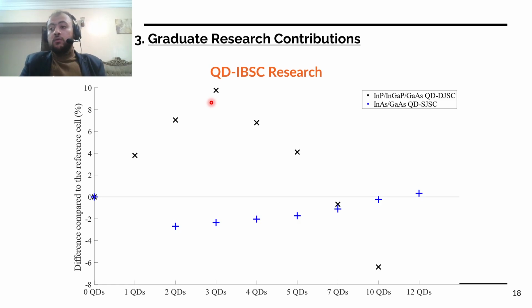However, we believe that if such attention was paid to the gallium arsenide junction, an enhancement can be reached beyond this 3 quantum dot mark. However, our research was not directed to the optimization of a dual junction solar cell. It was directed more to the use of quantum dots, but future works can focus on that later.